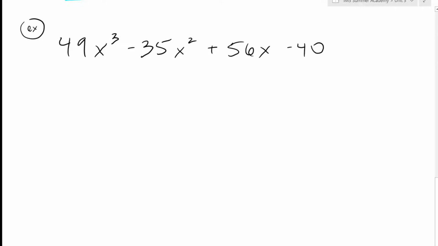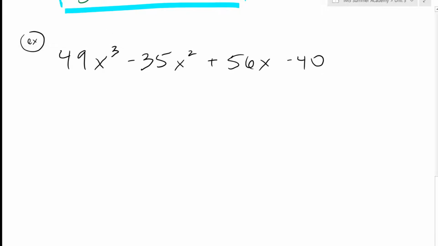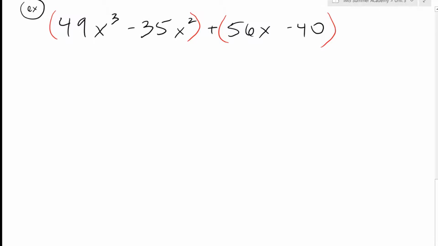All right, 49x cubed minus 35x squared plus 56x minus 40. It is in standard form, 4 terms, group the first two, group the last two. All right, GCF: 49 and 35 both share 7. Between x cubed and x squared, we can take out an x squared. 49 divided by 7 is 7, still have an x left, minus 35 divided by 7 is a 5, no more x's,